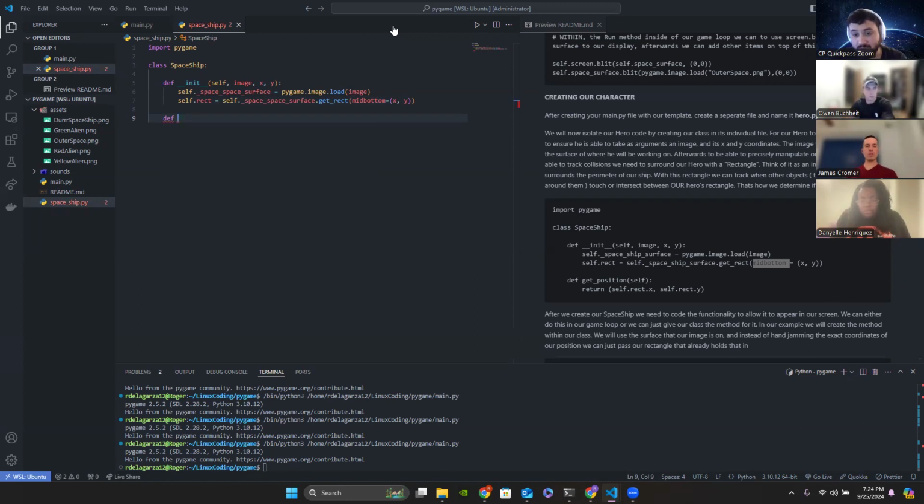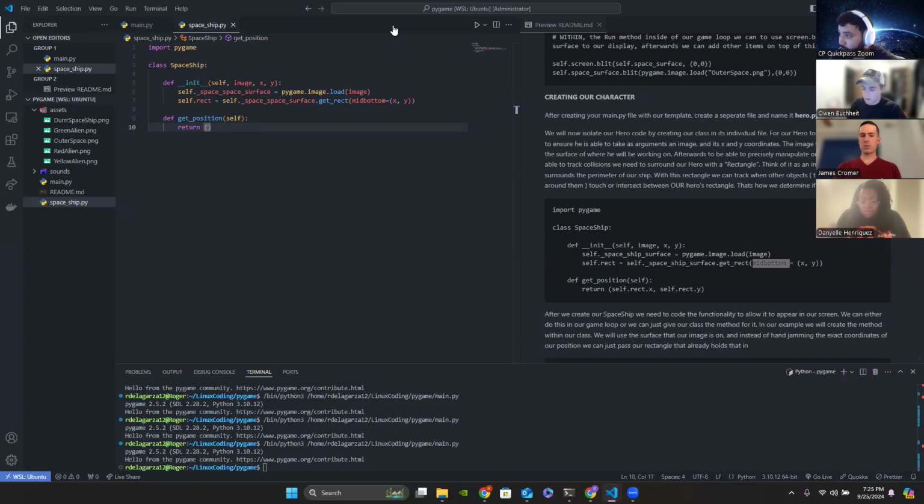Well, when we start adding functionality like moving our spaceship, we're going to want to grab its X and Y coordinate and change it. We want to update it whether we move left, right, up, or down. So this get method is going to allow us to do that. So we're going to define get position. It should just take self, just like everything else, and it should return to us the X and Y data members